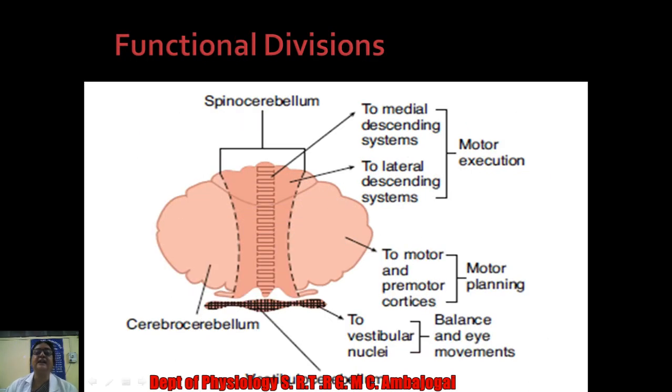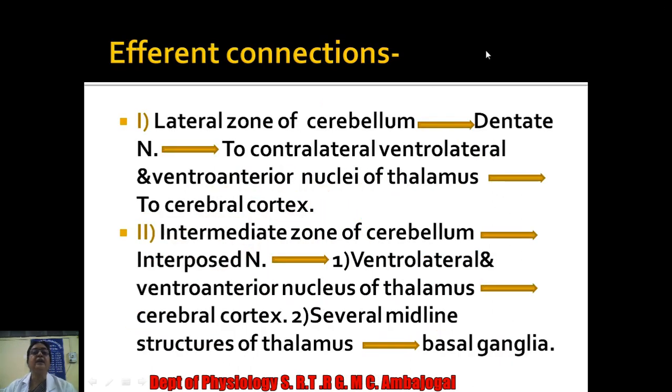Now before going to that, again you have to keep this image in front of your eyes. From the vestibulocerebellum, mainly to the vestibular nuclei. Then from the central part of the vermis or medial part of the cerebellum, mainly to the medial descending system. Then the intermediate part of the cerebellum goes to the peripheral limb muscles for carrying out purposeful, skillful, voluntary movement. And the last part, the lateral part, is mainly responsible, in connection with the cerebral cortex, for the planning and timing of movement.